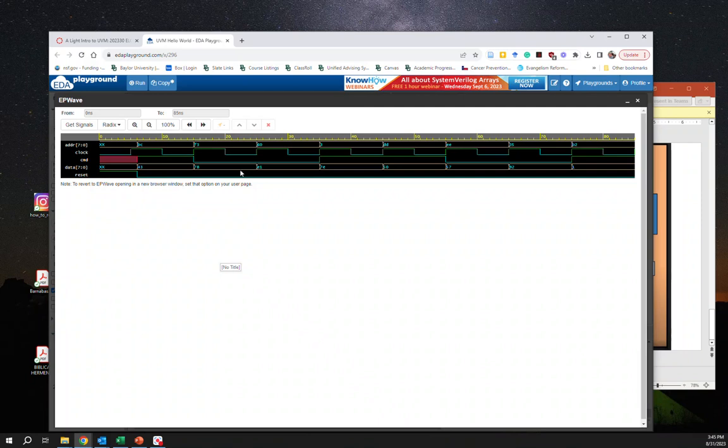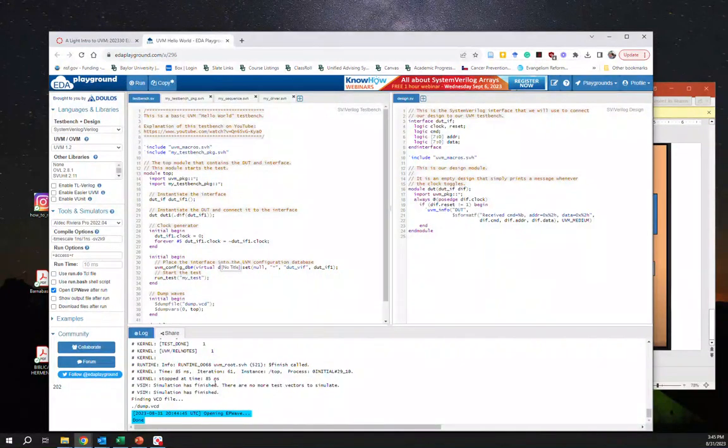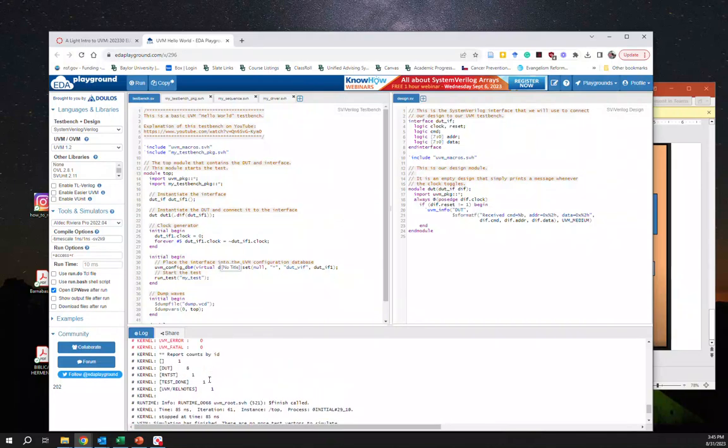But then we just see the normal read, respond to the clock, and you can see the system is indeed doing what it's supposed to do. Yay, the waveform looks lovely. Right? If we come back here, we can actually